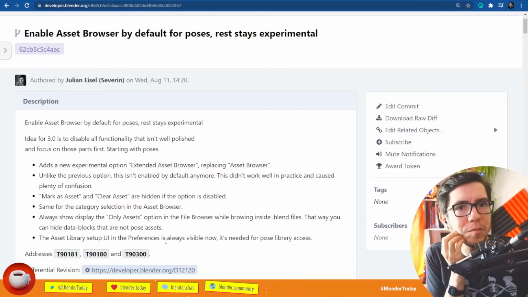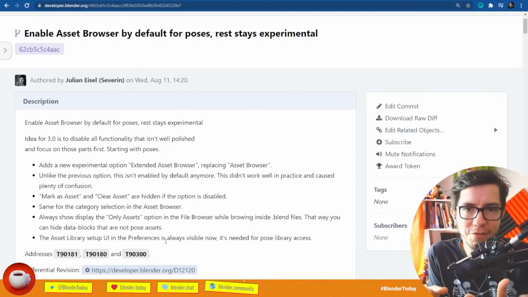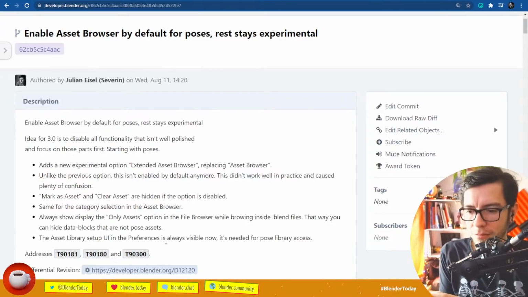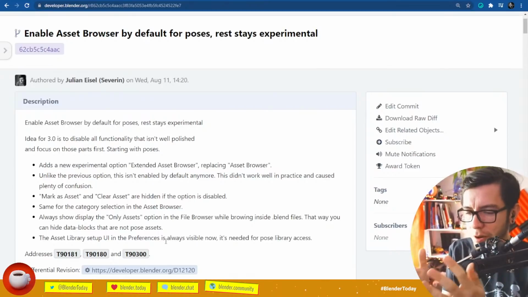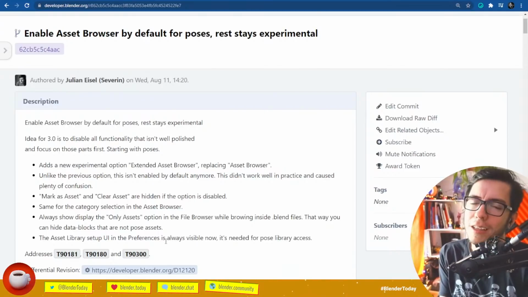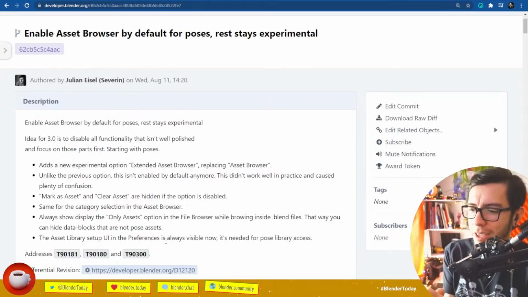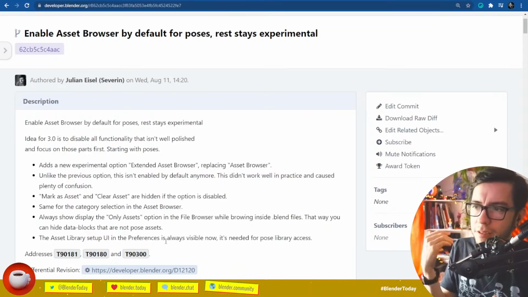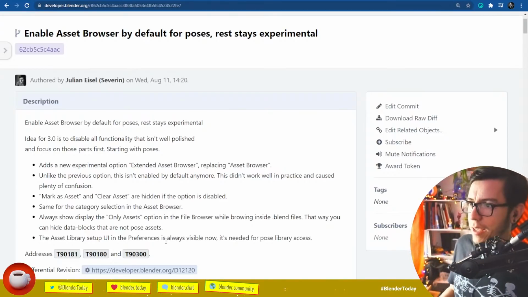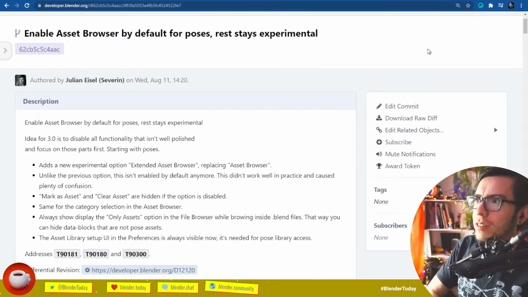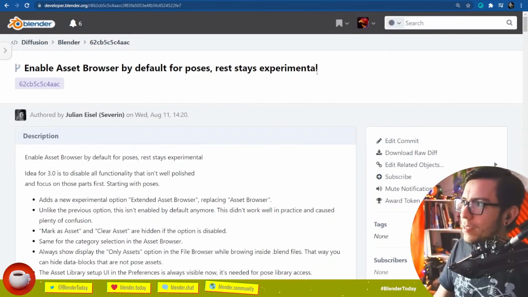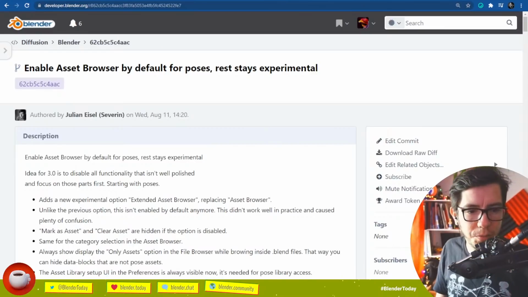The idea is to basically bring back the functionality of the asset browser, but one data block at a time. So, okay, we're going to focus on materials. Material browsing should be the best it can be for the first milestone. And then, okay, objects. Let's make objects great. Let's make collection importing great, and so on for every other asset. But trying to make all the data block types work well on day one, no. Sometimes it's better to shrink the scope.